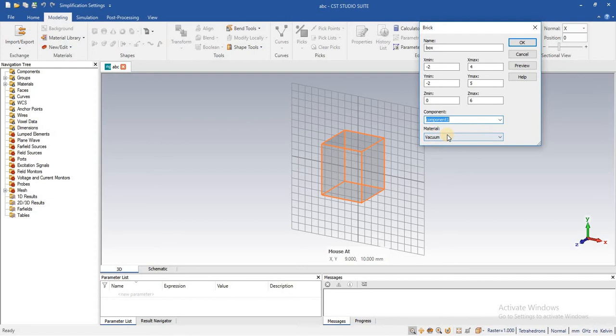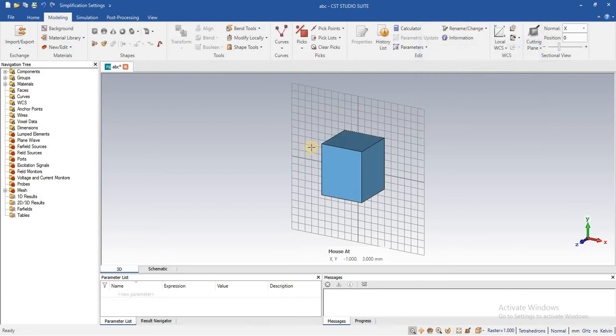Similarly, we can also assign a material. We will see in the next lecture how we can assign it and what different kinds of material we have in the library. But by default vacuum is selected. Just press OK. This is your box.